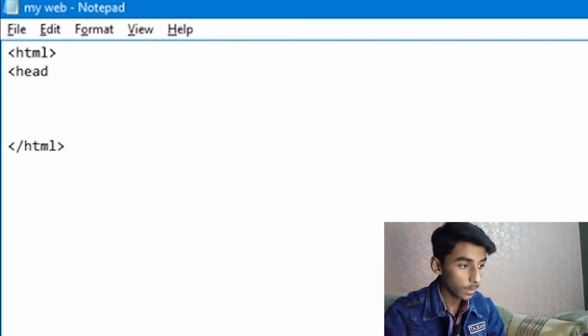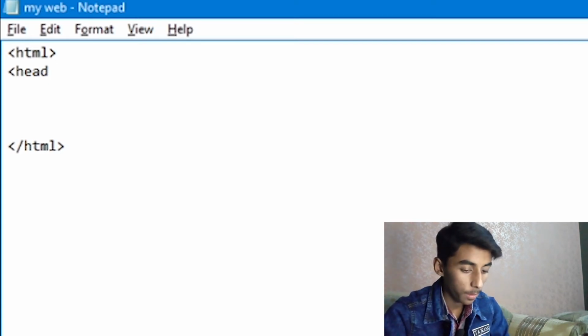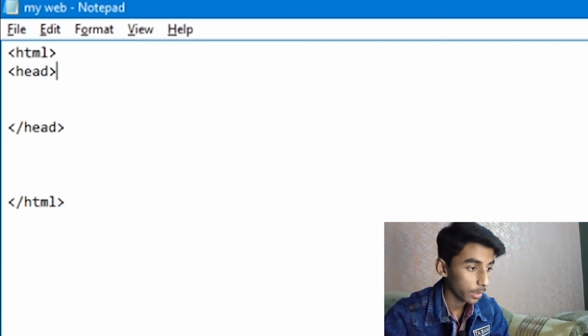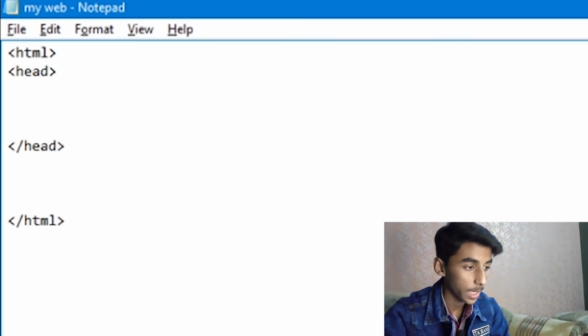So the tag of head starts with less than and the end tag with forward slash and put head, and then greater than, and press enter between these. And between these you can add the title.